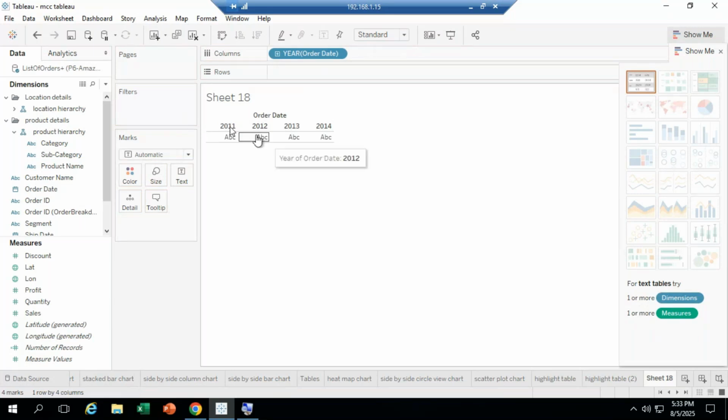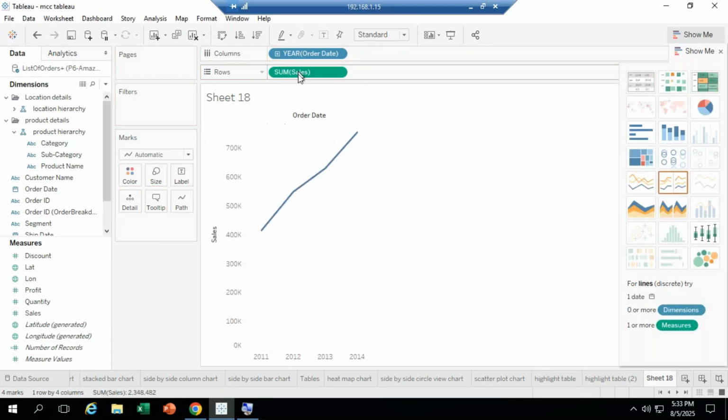So now year wise we got that information. If I drag the sales into the rows, let me see whether these charts are going to activate or not. Drag and drop into the rows option. See, now these four charts also activated. It's going to display the